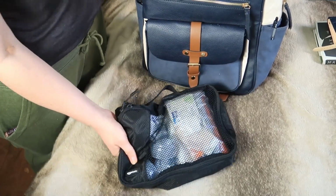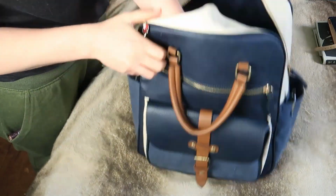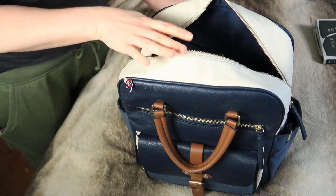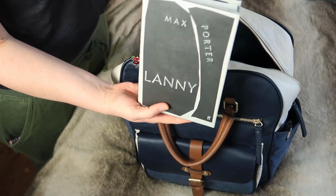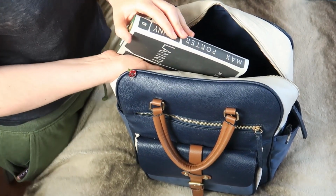So this is my big bag of stuff that generally lots of people probably don't think about. And there's still loads and loads of room in this bag. So just a few other bits and pieces. This is the book that I'm currently reading. Lovely lady, my work gave me a little shot of this. It's very interesting actually. So I'm going to take this away with me, but I also normally buy a book